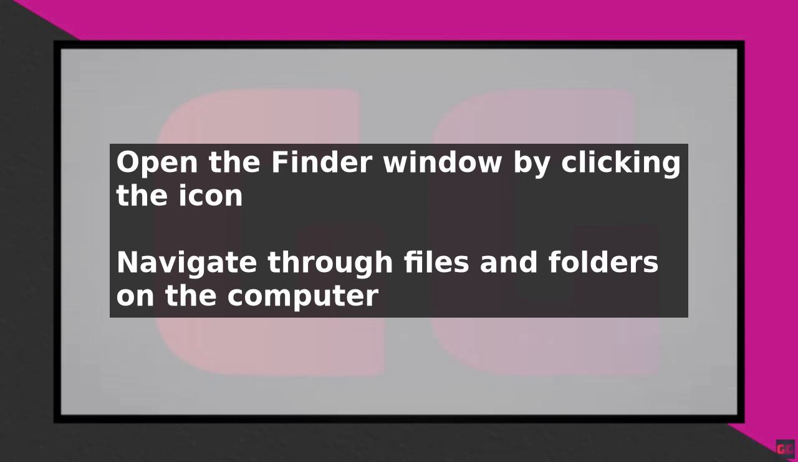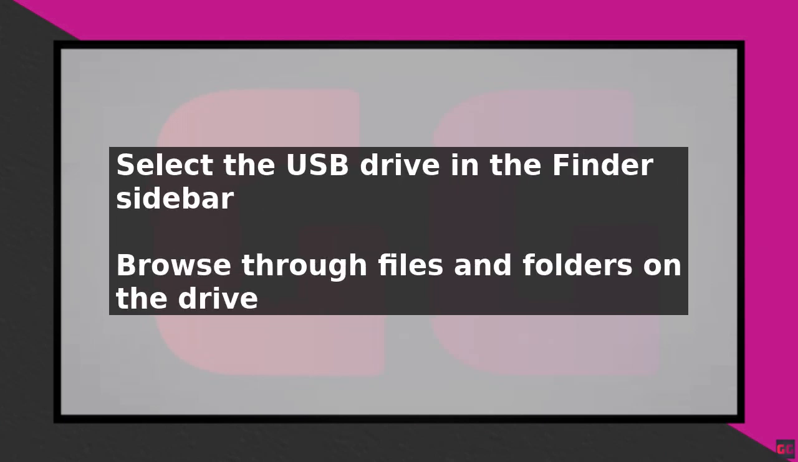After selecting the USB drive, you will see the contents of the drive in the main window of the Finder. You can browse through the files and folders on the drive just like you would on your MacBook's hard drive. To open a file, simply double-click on it. To copy a file from the USB drive to your MacBook, drag the file from the USB drive to a